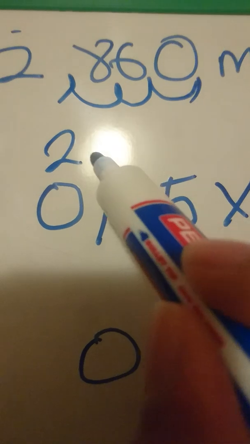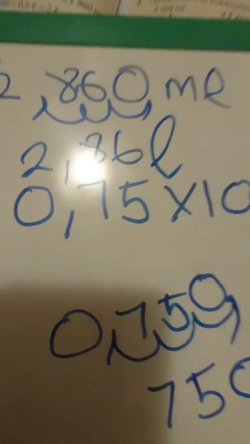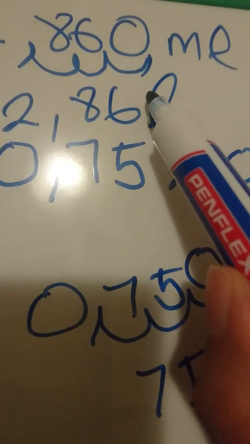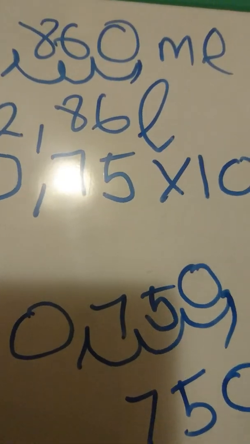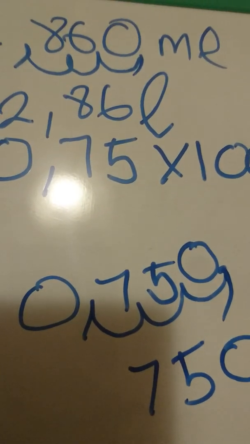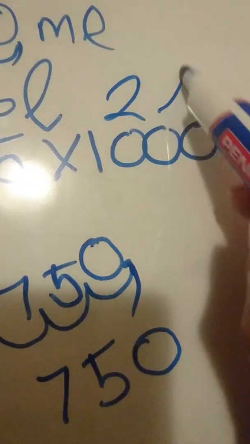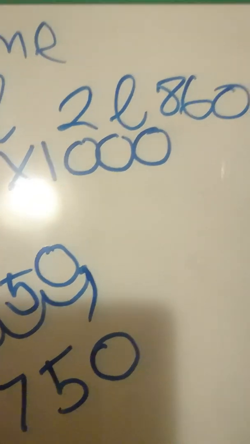You will be left with 2.86. Okay, liters. Now, the 0 doesn't have any value at the end, so you won't put it in. Now, if you want to write it out as liters and milliliters, it will be 2 liters and 860 milliliters. Okay,